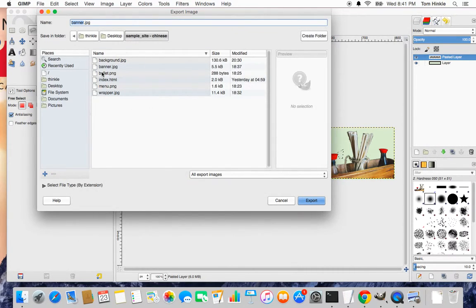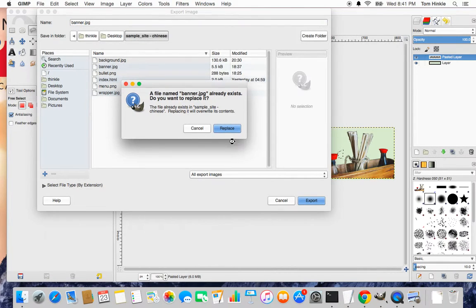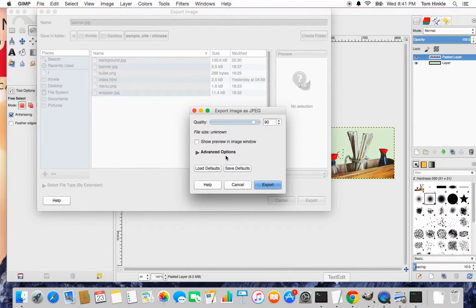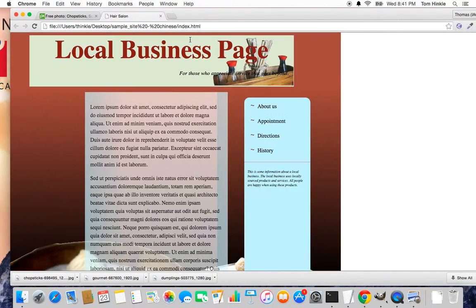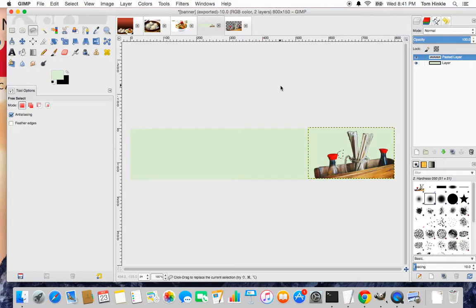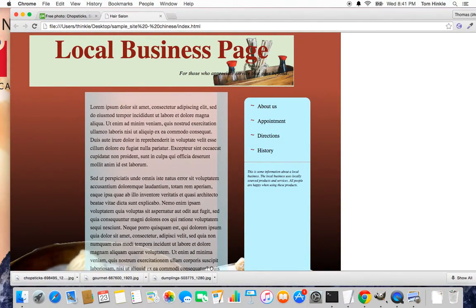Control-Shift-E, exports. Export away. And if I go back to my page now, I have that fine image. Looks like I just missed. You know, that may be my CSS that I don't quite have the page size right, but there it is,